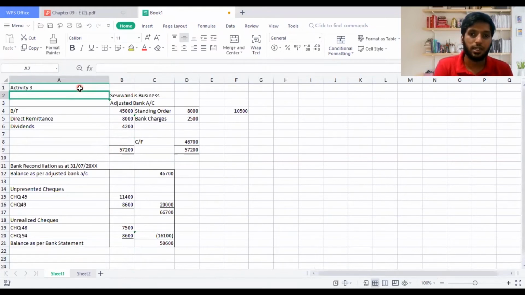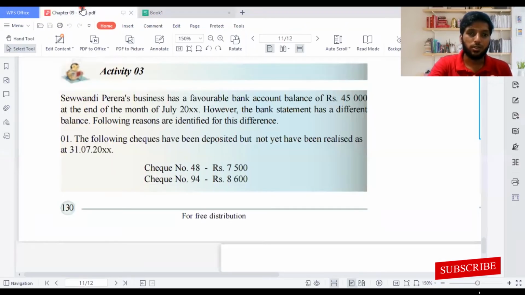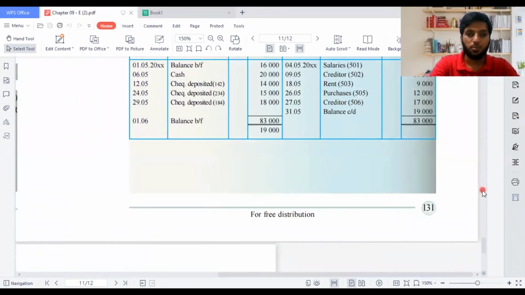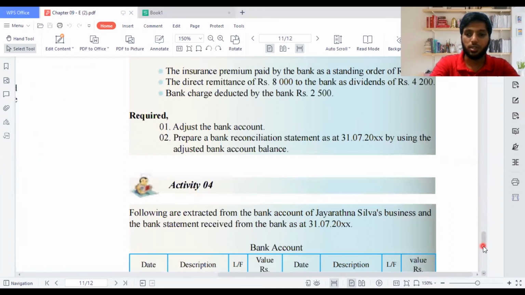Some students think that we don't go to classes. So how do we know that what we did is correct? You can do this activity and see that what sir has done and what I have done is completely correct. This type of understanding will come only if you practice at home as much as possible. Always remember, guys, the textbook is the best way to learn anything. The government textbook is the best source you can always use when it comes to the exam.